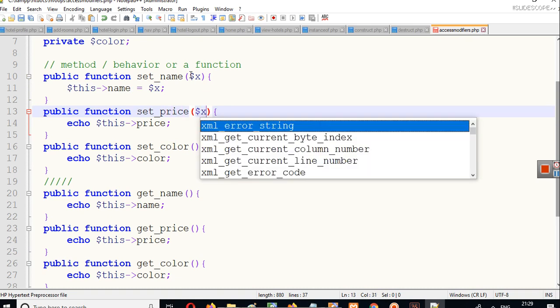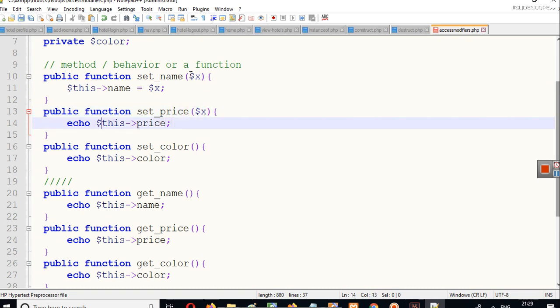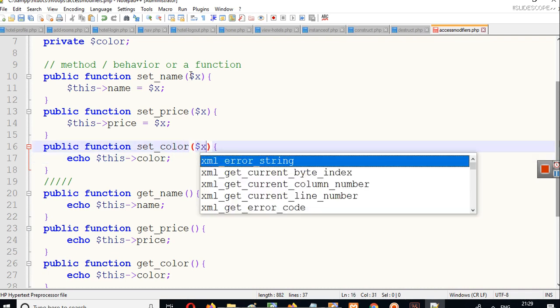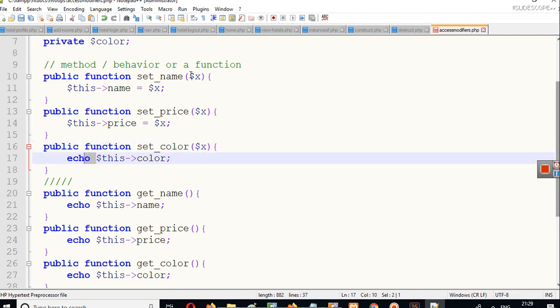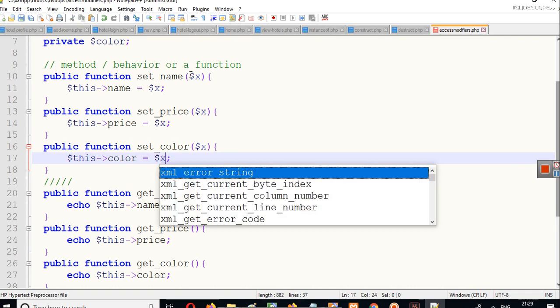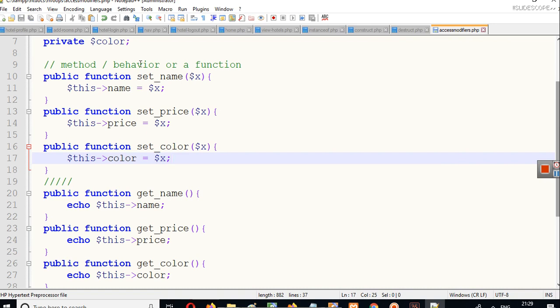Set price is equal to x, and echo this price is equal to $x, and set color is equal to x, and this color is equal to x. You can see how we are setting these variables. So x is an attribute here, and in this simple public function, whatever this x will be, it will become the name. Here it will become the price, and here it will become the color.